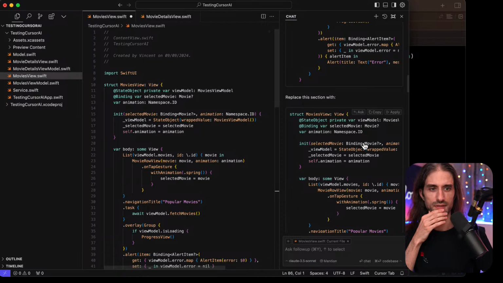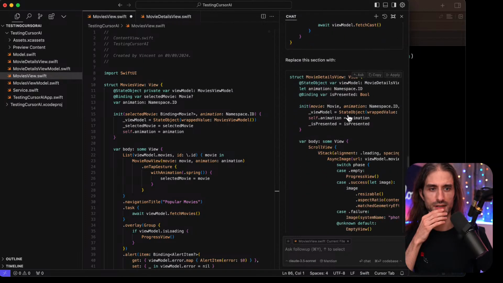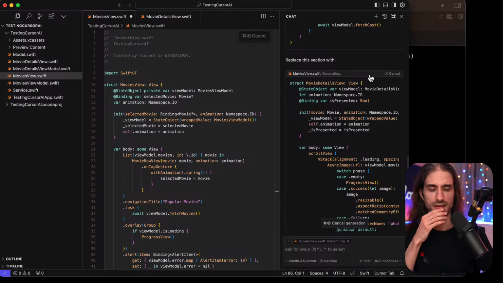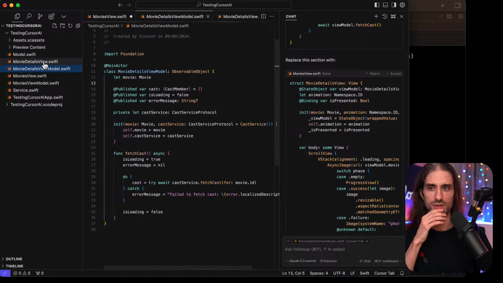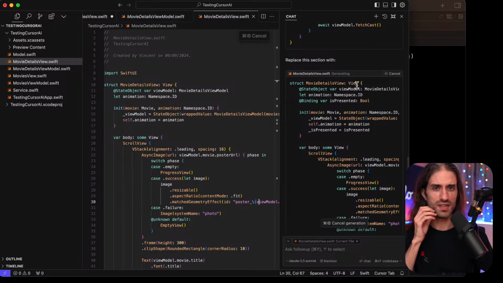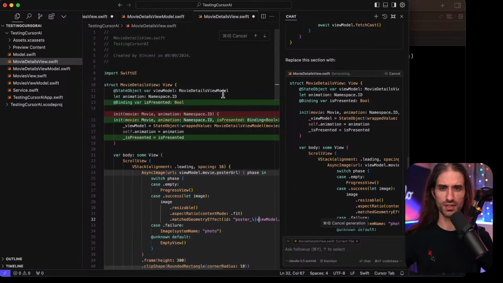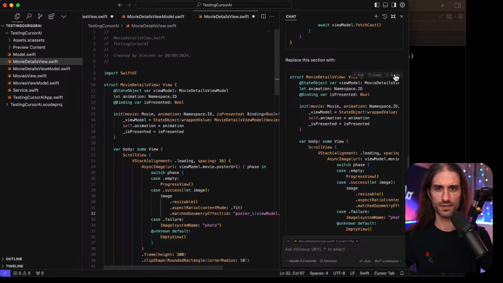I'm going to accept this. Then I'm also going to, here it gets the name wrong, because it should be MovieDetailsView. I think it seems more like a bug in Cursor than a bug in the AI, to be fair. So now we have that.